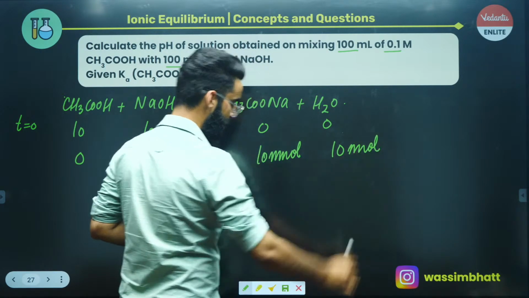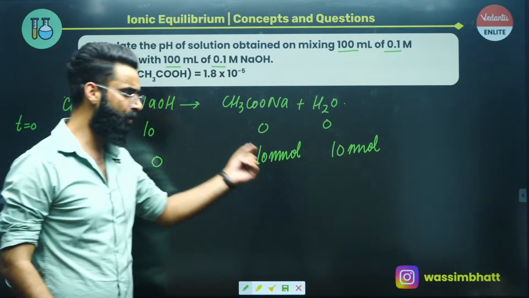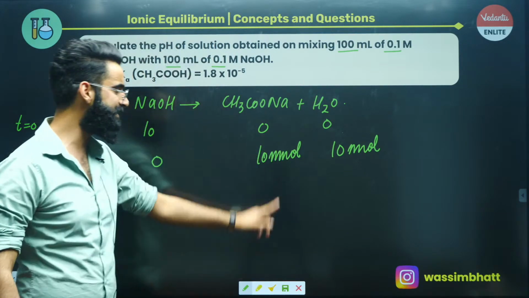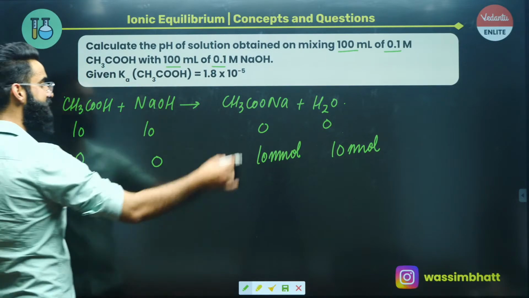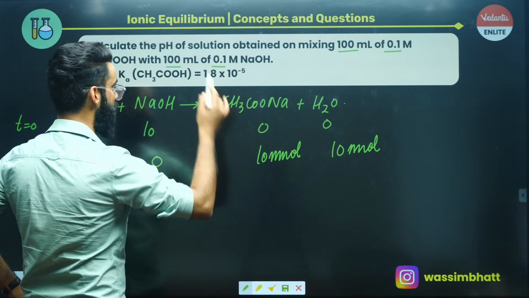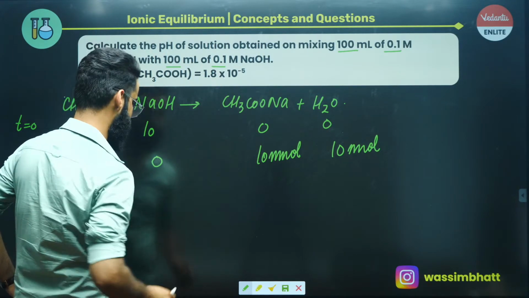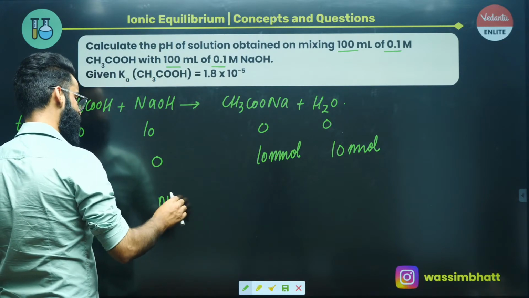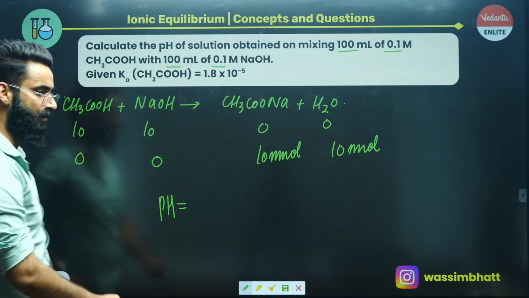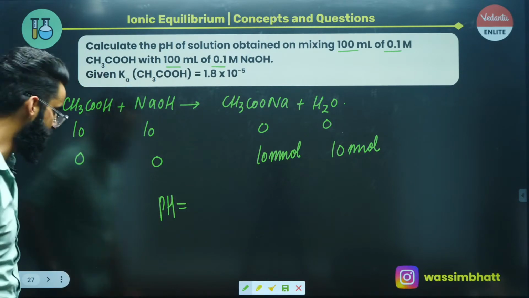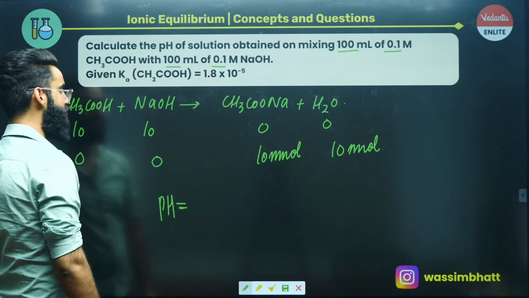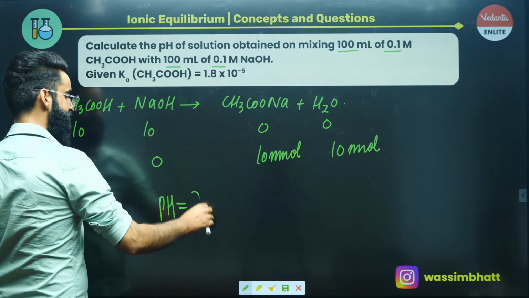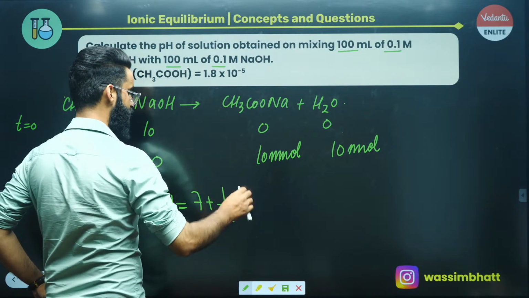Now, if there is only the salt and water in the container, will this salt undergo hydrolysis? Absolutely, this salt will undergo hydrolysis. And this is the salt of, my dear people, weak acid and strong base. This is the salt of weak acid and strong base. And how do we calculate the pH of the salt of weak acid and strong base when undergoing hydrolysis? Isn't it going to be 7 plus half of